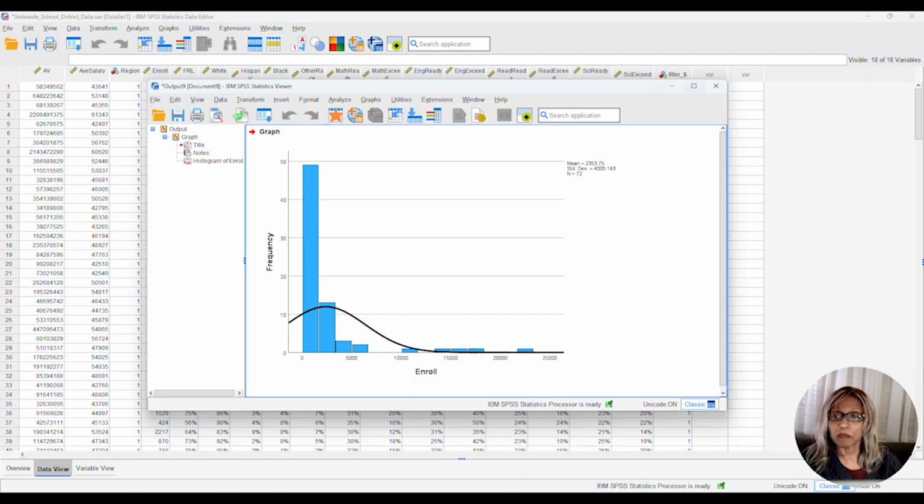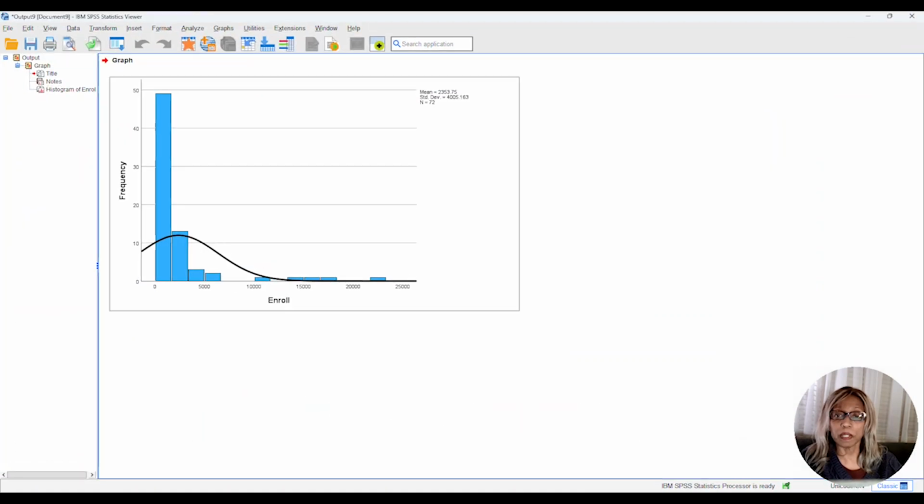Also, if we enlarge it a little bit, over here we can see the mean and standard deviation, and we have n equals 72. And the mean is 2353.75. But right now we're just looking at the histogram. So I'm going to exit out of this,